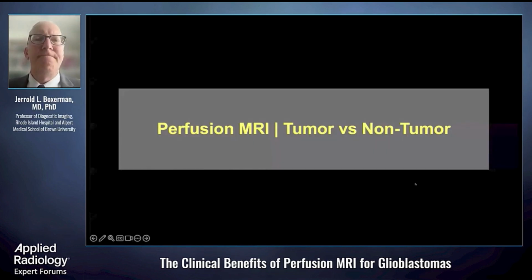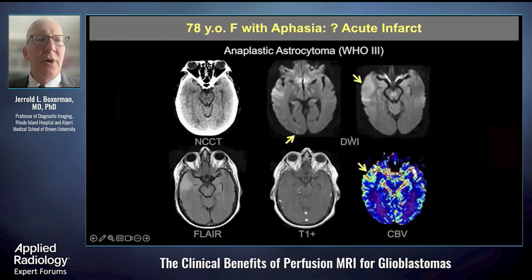Okay, so let me continue by starting to review some clinical applications of DSC perfusion MRI. Now that we have an understanding of the background and some anatomic considerations for how to interpret these CBV maps, one common application is the distinction of tumor from non-tumor etiologies for lesions. And let me start by showing an example of a case where DSC perfusion is helpful for